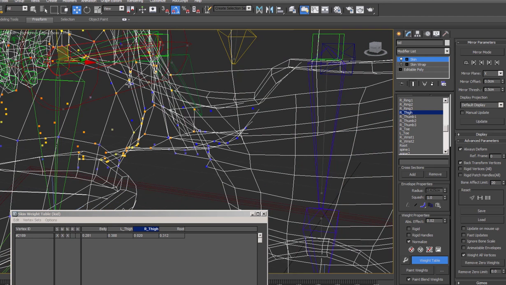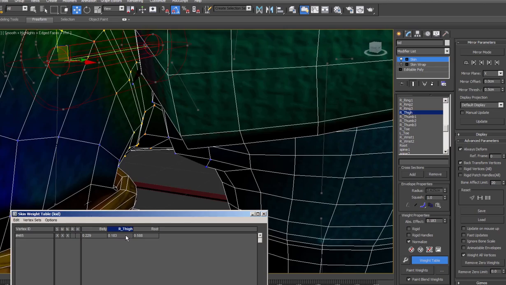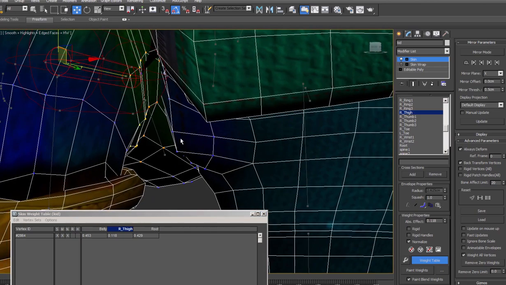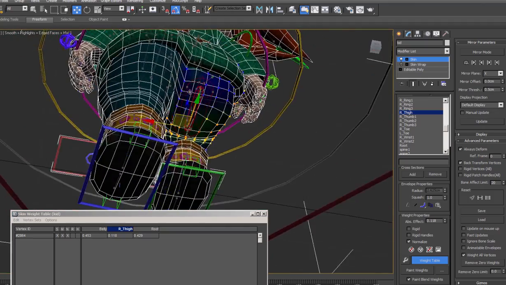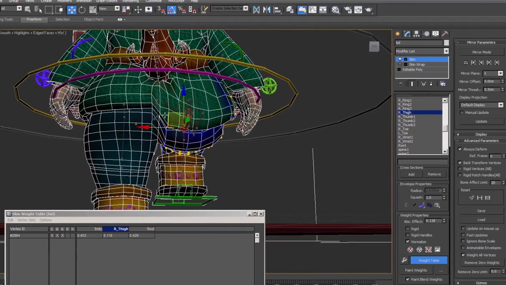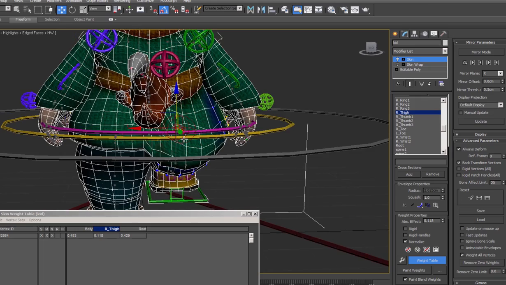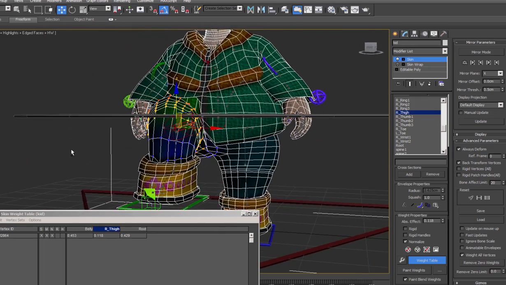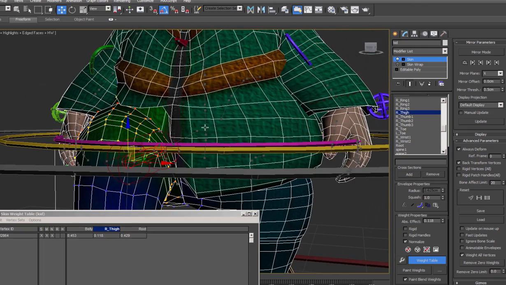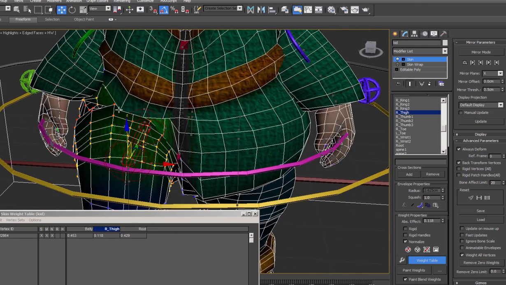Now, it looks like in here, we got some runaway effect going on. We're going to smooth this out a bit. Some of this we might even be able to pull down a bit. Go to the back. Everything looks decent back here. We can probably balance this stuff out a bit, so we don't have this jagged effect. But I think for this simple example, for now, we'll just kind of leave it. We can come back and perfect it all later after we have everything working the way it should.